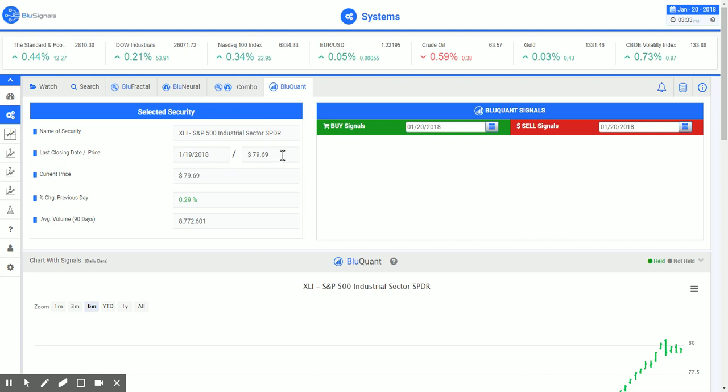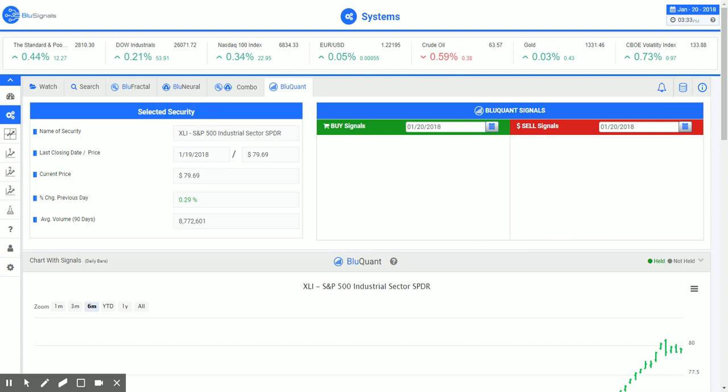The BluQuant algorithm selects the stocks and the entry and exit price for the user. Basically, everything is provided that one would need to trade these stocks. You get specific buy information in real time for the symbol itself, the price that the buy signal occurred, and the time, as well as the sell signal